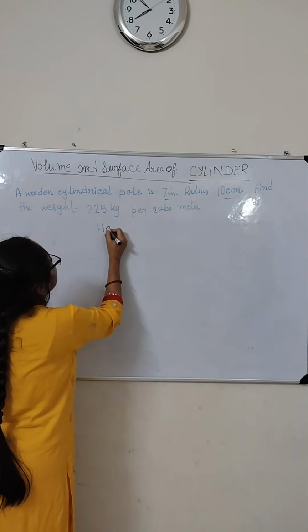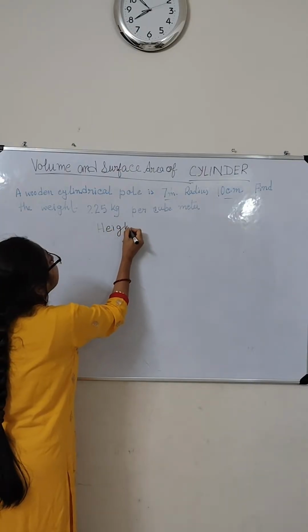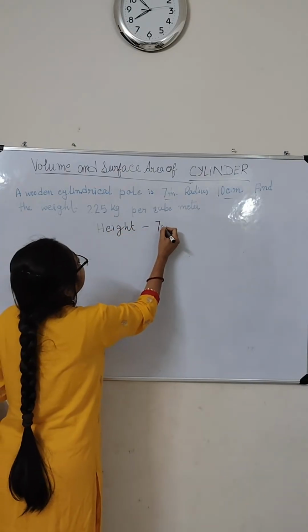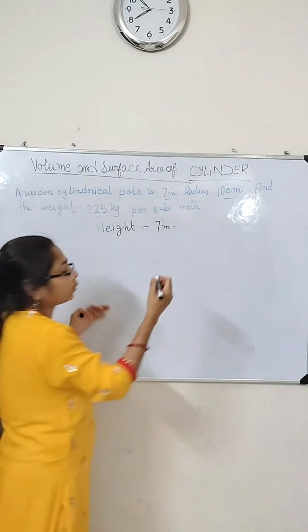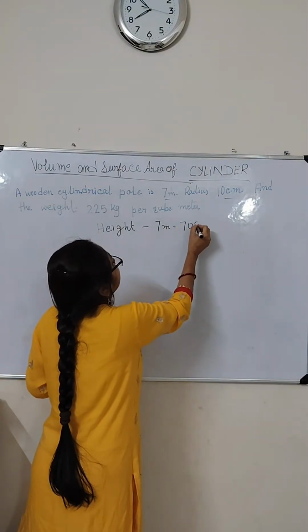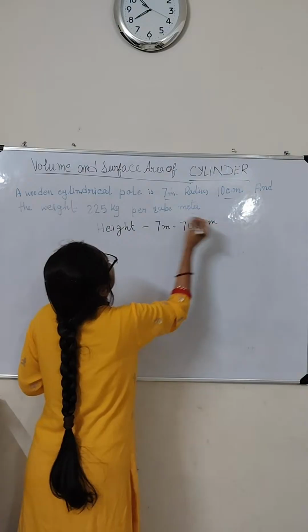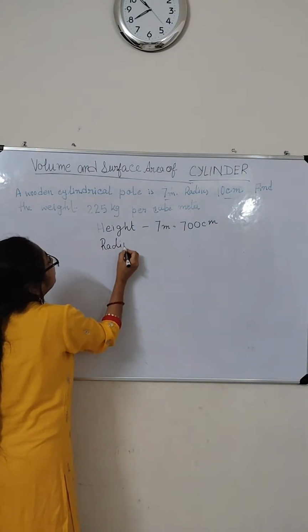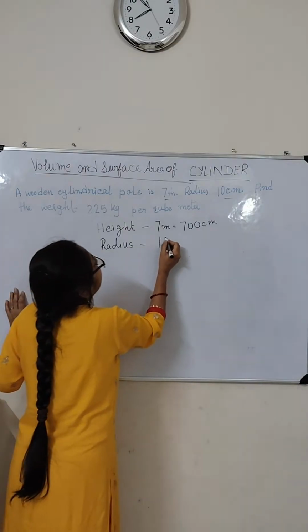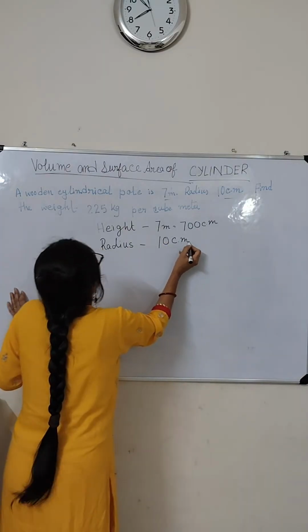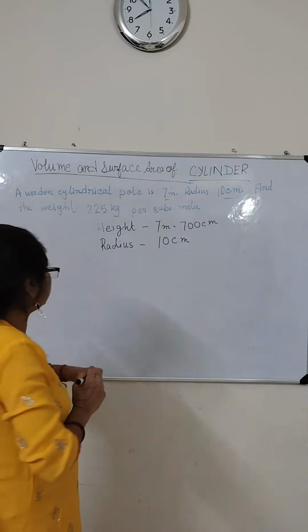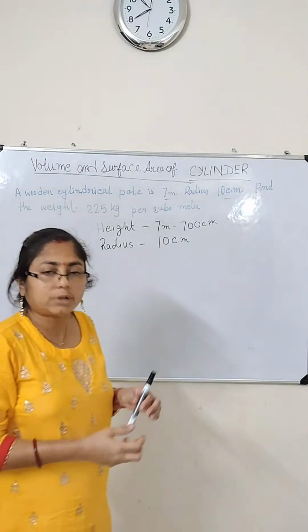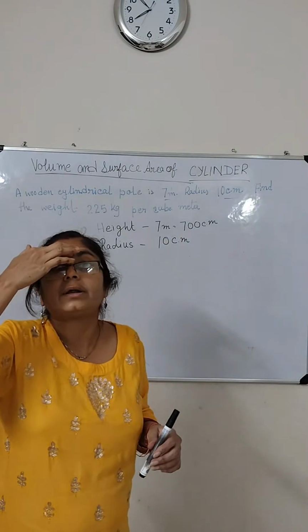Height 7 meter, so for easy calculation you make it in centimeter. Radius is 10 centimeter. You need to find the weight, but before that you find out the